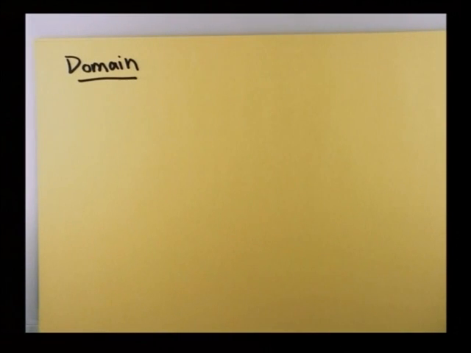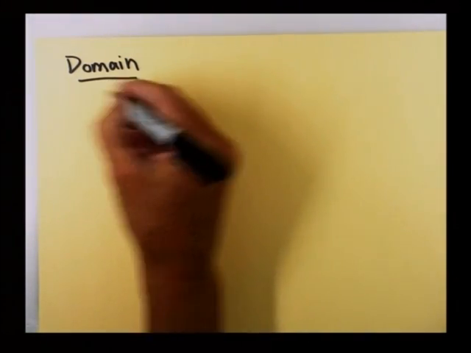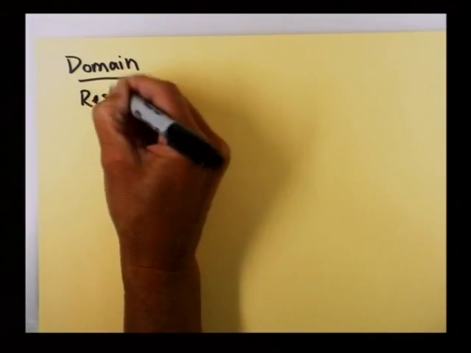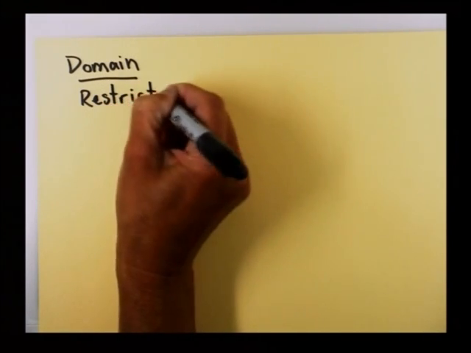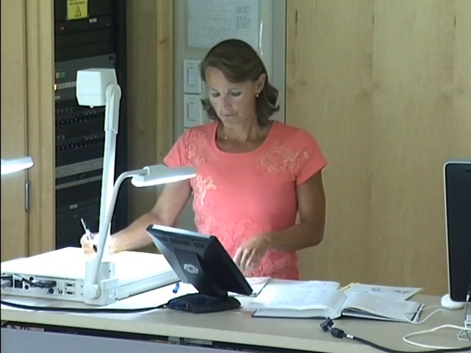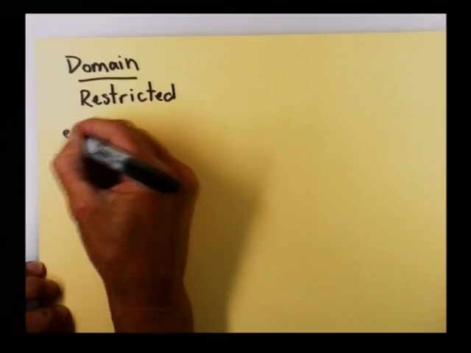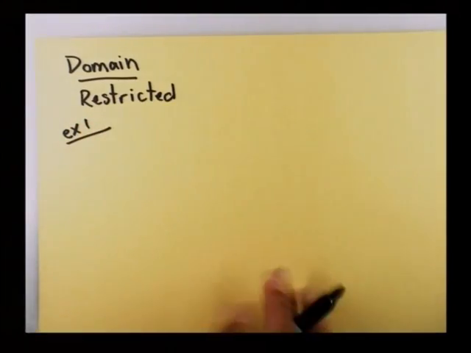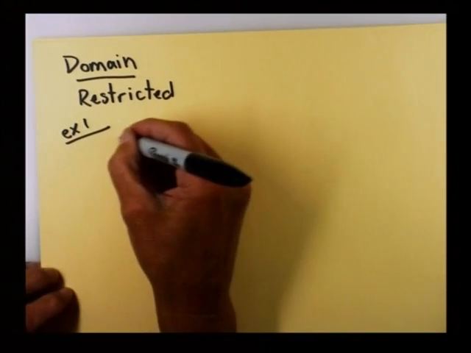And the domain of a function can sometimes be restricted. What we're going to be doing as we program our machines and start working with our function machines is we're going to have to look at some of those restrictions on the rule or on the function. And here's a couple examples. So example 1, place where we have a restriction